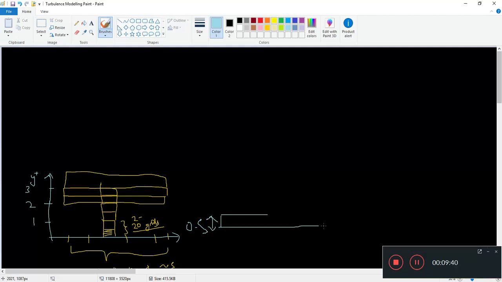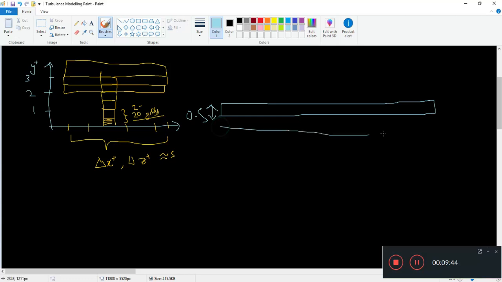Alright, 0.5, and you would have delta x. Again, this is near the wall, so it's a bit skewed. So your delta x plus, delta y plus, or delta z plus is approximately